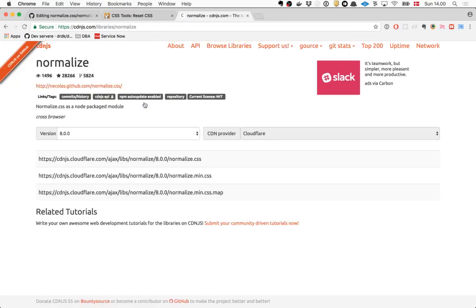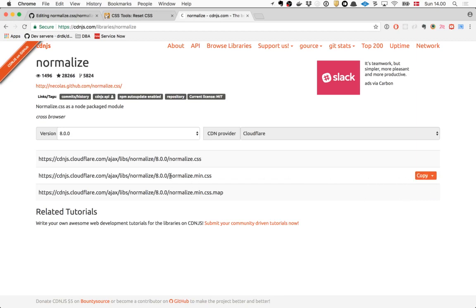So, do you know what a CDN is? A CDN is a content delivery network. In this context, it's just a place where you can include a link to really commonly used libraries. It's just one way of including a library. Later on in this course, you will learn how to use NPM to do these kinds of things. But what you can do is go here to this CDN, and then you can just copy. I would probably take the minimized version here.